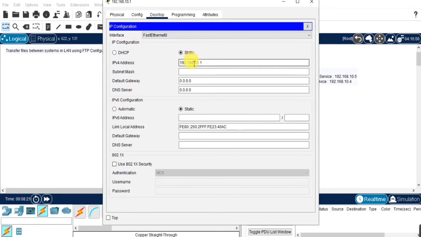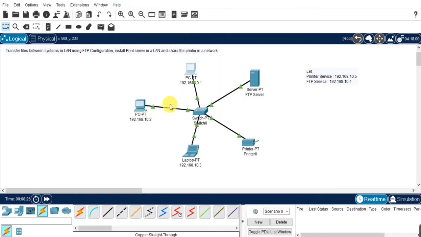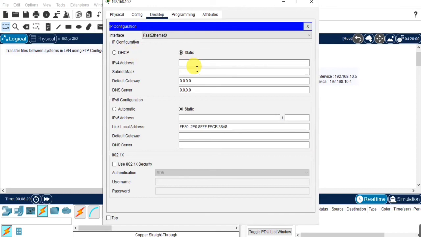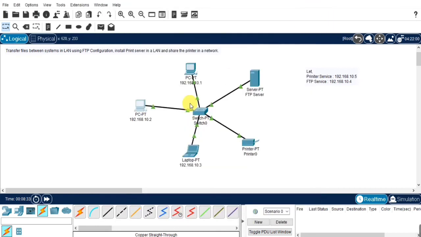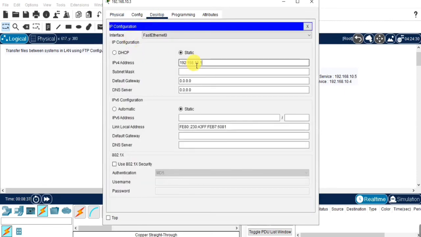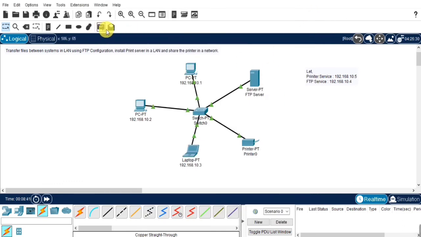For that, click on IP config, go to desktop and give the IP address for all the devices in the local area. Once you have given the IP address for all the devices in the local area, you can check whether it is working or not.